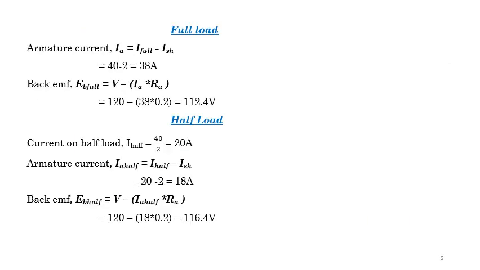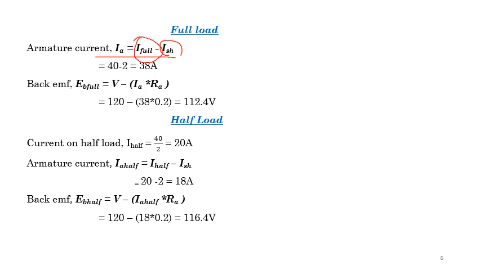Now I have to calculate the details for the full load and the details for the half load. You already know this, when the load changes the current will also change. Now armature current IA is equal to I full minus ISH. I have already told you the shunt current will not change with the load, so let it be ISH itself, but the main current changes according to the load, so we have mentioned it as I full.